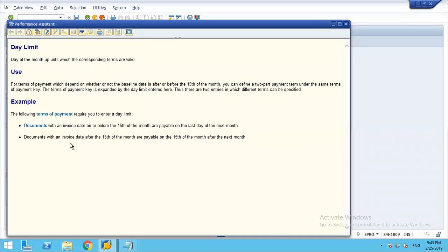Here, it is kind of an installment, but it is not a partial payment amount; it totally depends on the date. Suppose I put 15th here: whatever documents I'm posting until the 15th will be paid on the last day of the month. So whatever invoices I've been posting until the 15th of